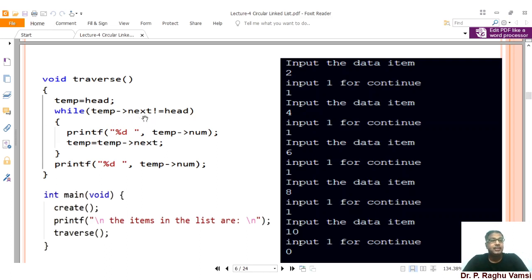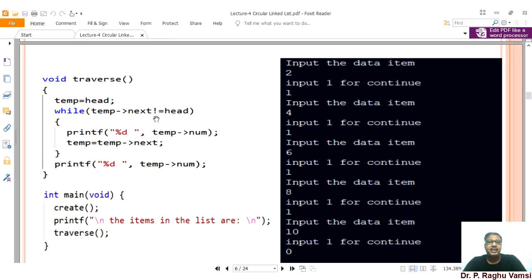Till then you keep iterating. When it reaches the last node, this loop will end, because the last node's temp next is equal to head, so the condition fails.